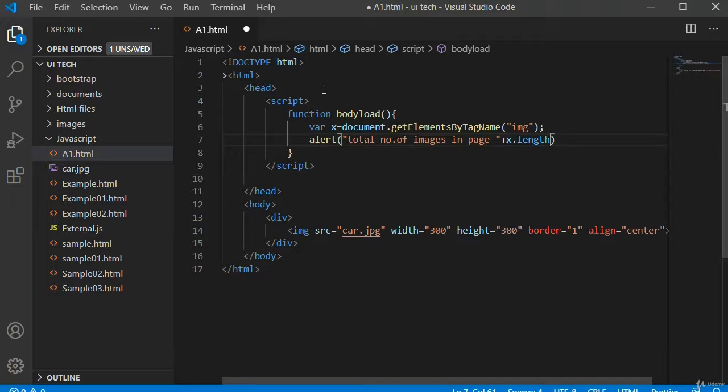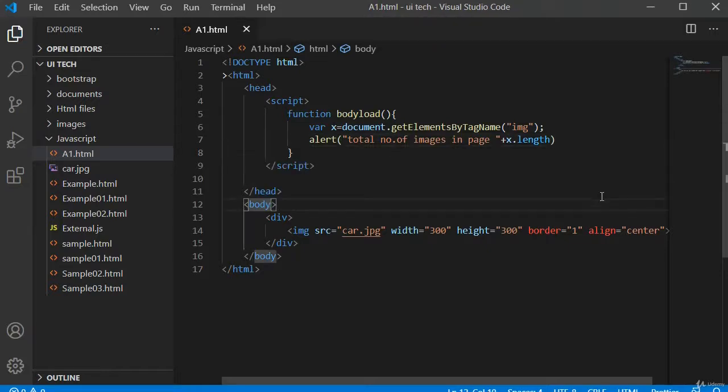Now what we are doing here is I am using an img tag. I am giving my image address as car.jpg. I am giving width, height, border and align. And inside my script function, I am writing the function bodyLoad and I am using document.getElementsByTagName. This is my img tag. This img tag will access all the elements of specified tag name and return a collection. It will return a value of how many images we have in our HTML page. That value I'm storing in a variable called x and I'm printing that x in my alert box. With the predefined property we have length. Our variable name is x and I'm printing x dot length. Just save it, Ctrl S.